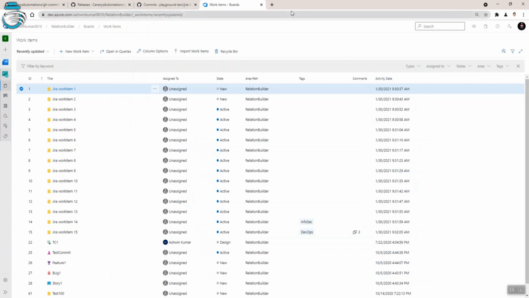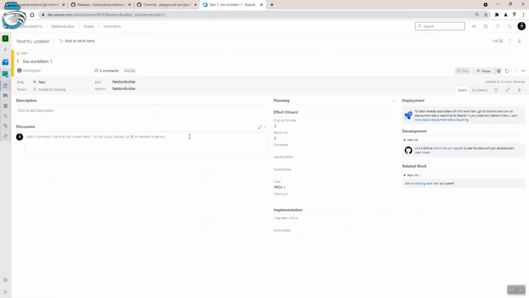So I'll come to my Azure DevOps work items. This is where all the Jira issue types are migrated to my Azure DevOps work items. You can see that in Jira, I have the reference format as this. This is the format of my Jira issue type when migrated to Azure DevOps work items. The tool will look for these references and automatically update all the GitHub commits so they are linked to your migrated work items in Azure DevOps.